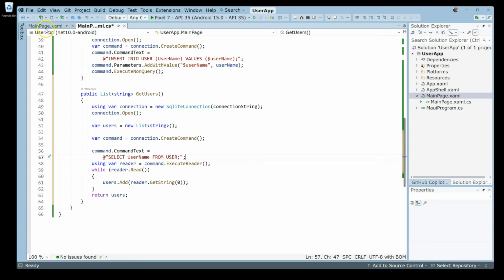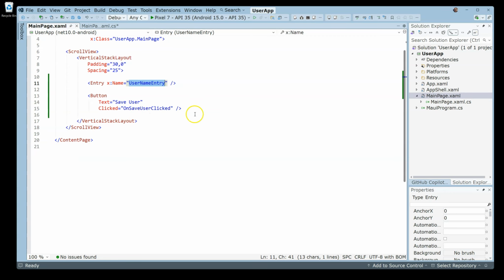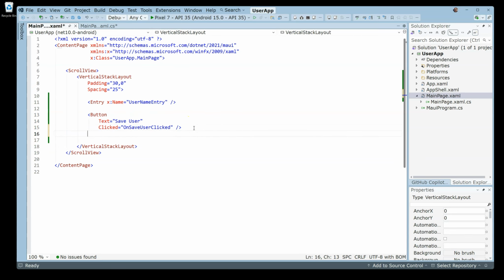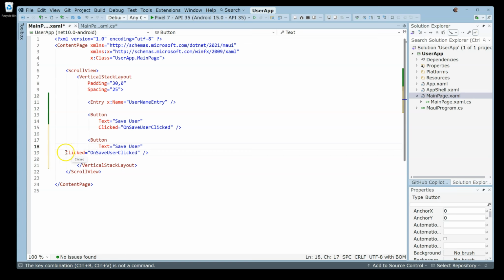So we need to go back to this MainPage.xaml in order to improve or update the necessary parts of the user interface. So we start to create a new button. So then I can basically just copy this button to use it as a starting point. Like this. Copy it once more. Like this. And then the text here should be get users or something. And then when I click on it, we need to create an event handler